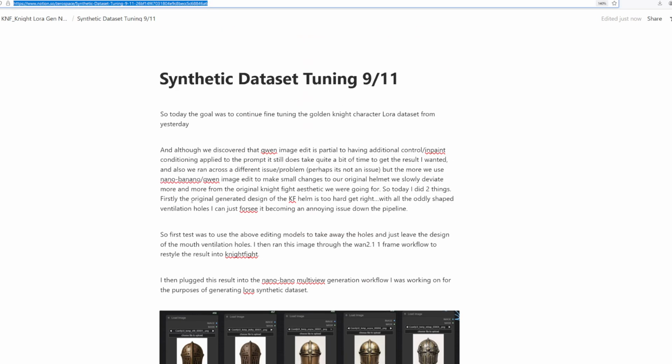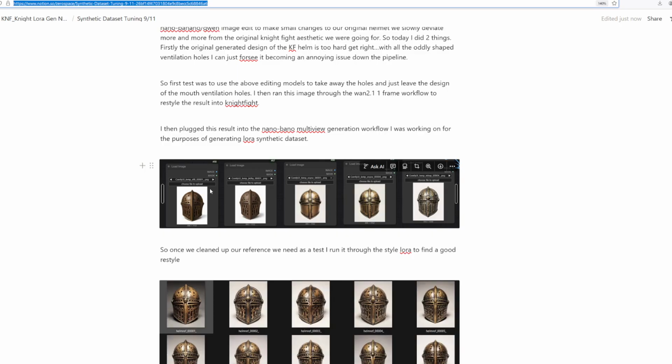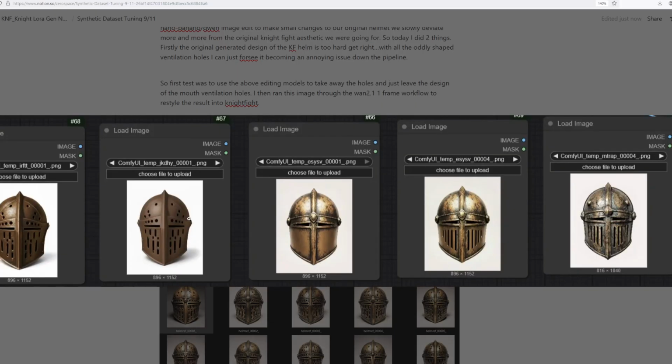Today, I was thinking this kind of helmet design is kind of hard mode for a lot of AI stuff. So just as a test, can we get consistency of a certain prop using inpainting and ControlNets and this Qwen Edit model, and get something starting to be consistent and automated